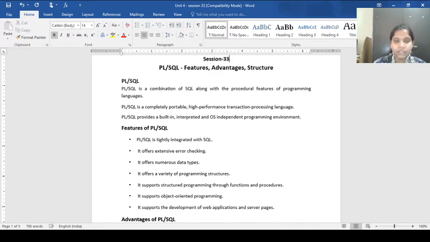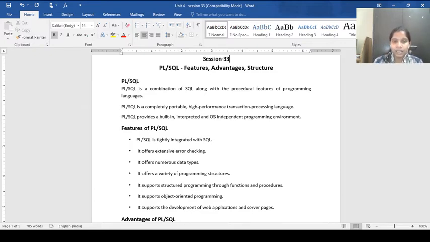It offers various data types. Along with that, it provides various programming constructs like decision making statements, loop statements, variable declaration, initialization, then goto statement. Like this, it provides various programming constructs like other programming languages.